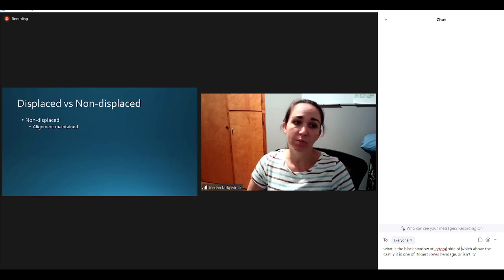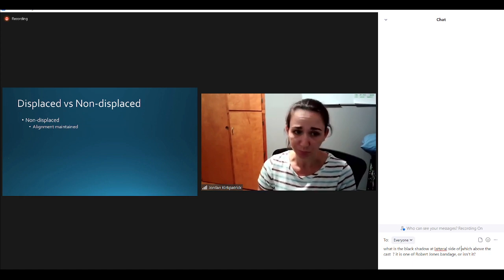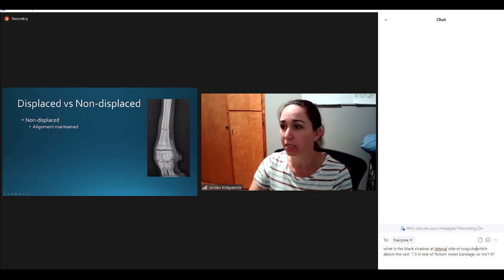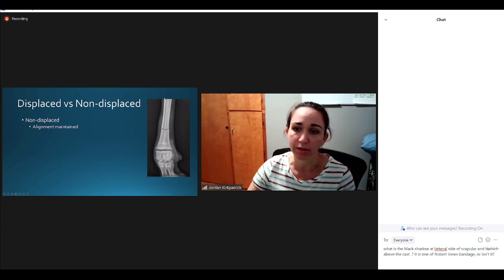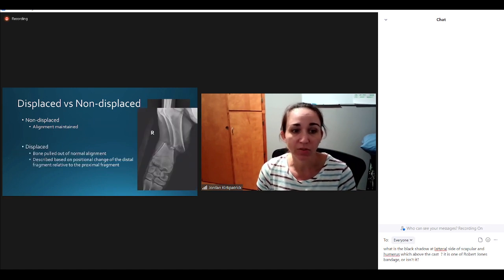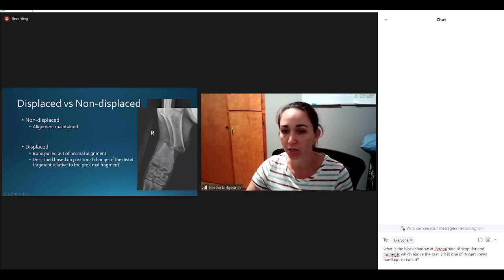Displaced versus non-displaced. Non-displaced means the bony alignment is maintained. The proximal and distal ends of the bone are basically still where they should be anatomically. So this would be a non-displaced fracture. Displaced fracture means the bone is pulled out of normal alignment. As you can see, the distal portion of the radius is not in the same area as the proximal